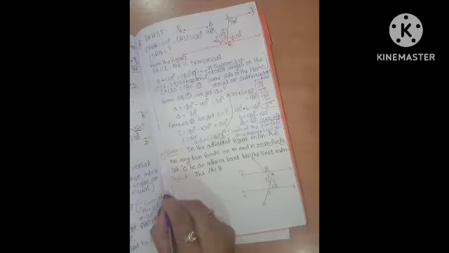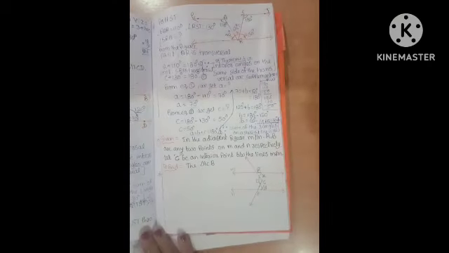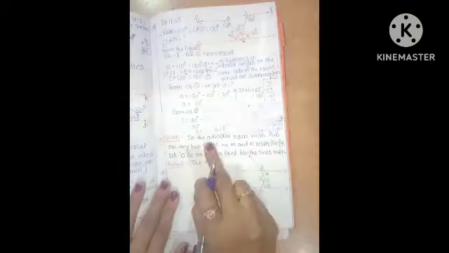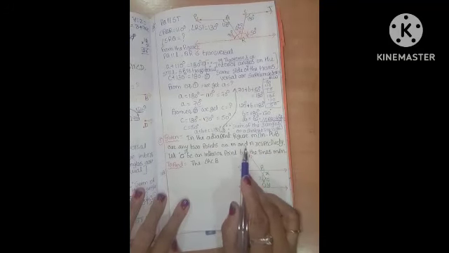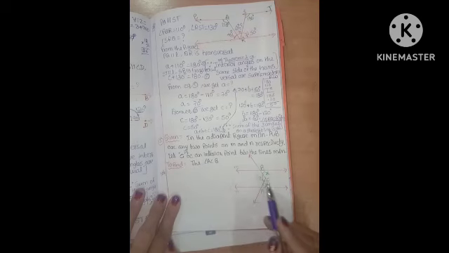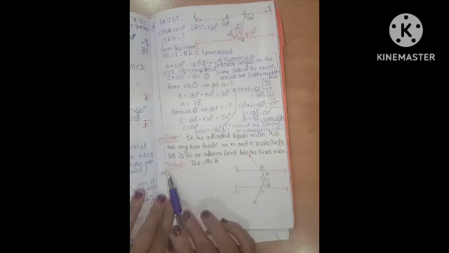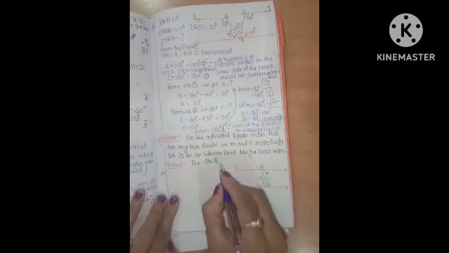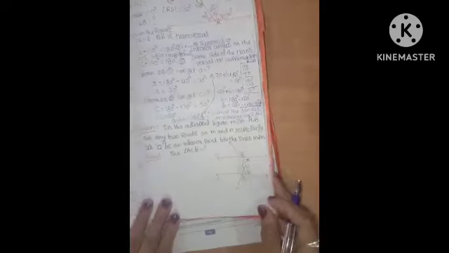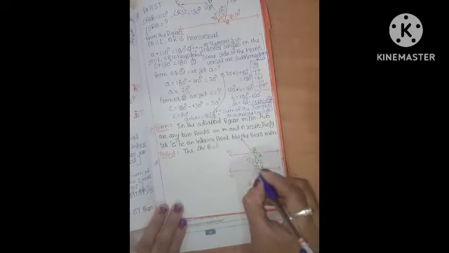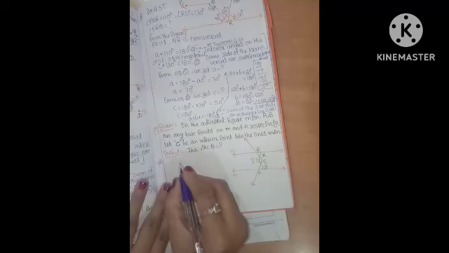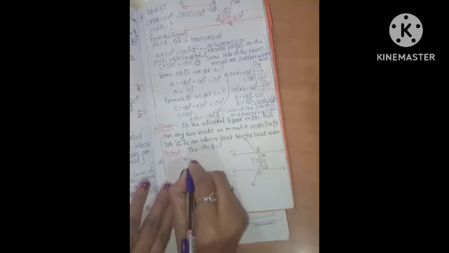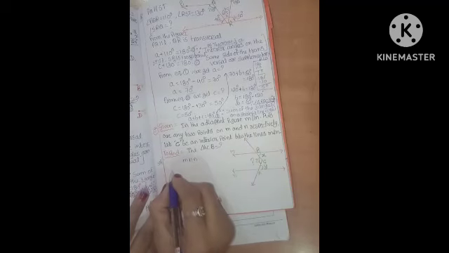First, how to write the given data in our problem: what is given, what is asked. In the adjacent figure, M parallel to N is given, and A, B are any two points on M and N respectively, and C is an interior point between the lines M and N. Next, you have to calculate this angle. Z value, how to calculate it? First, write it step by step. M parallel to N is given. From the figure,